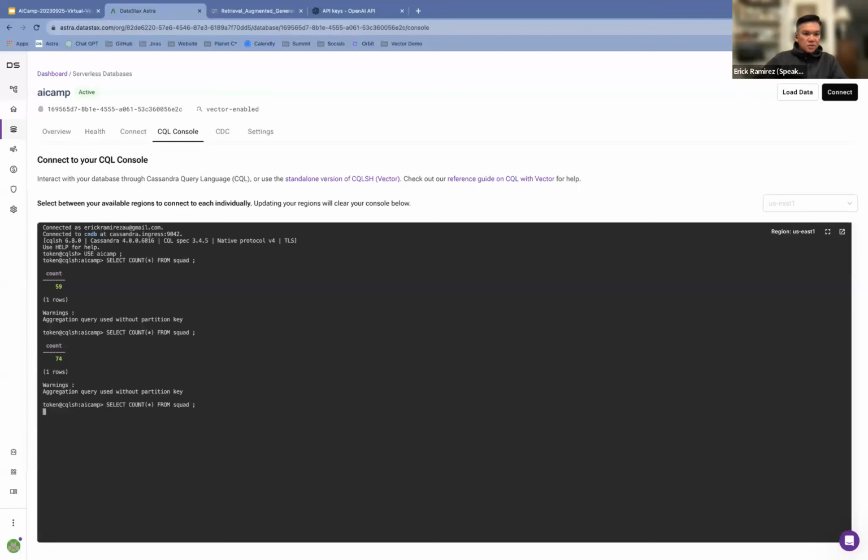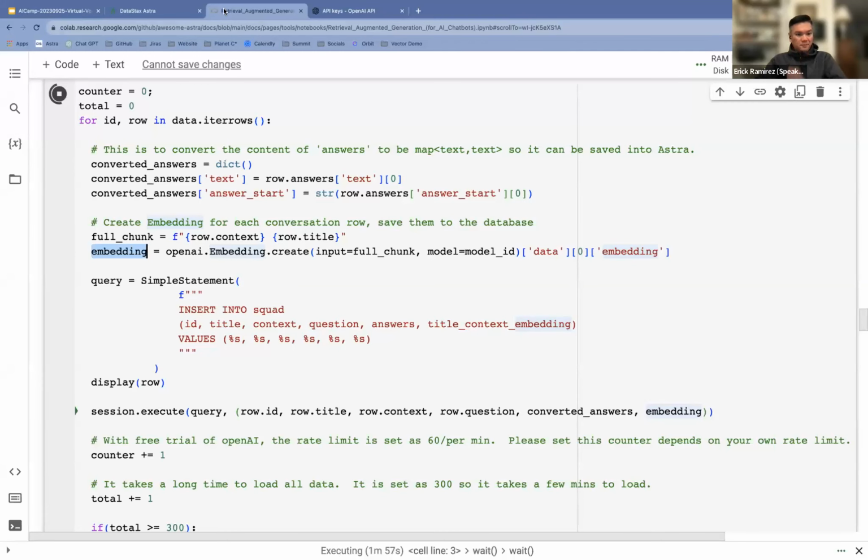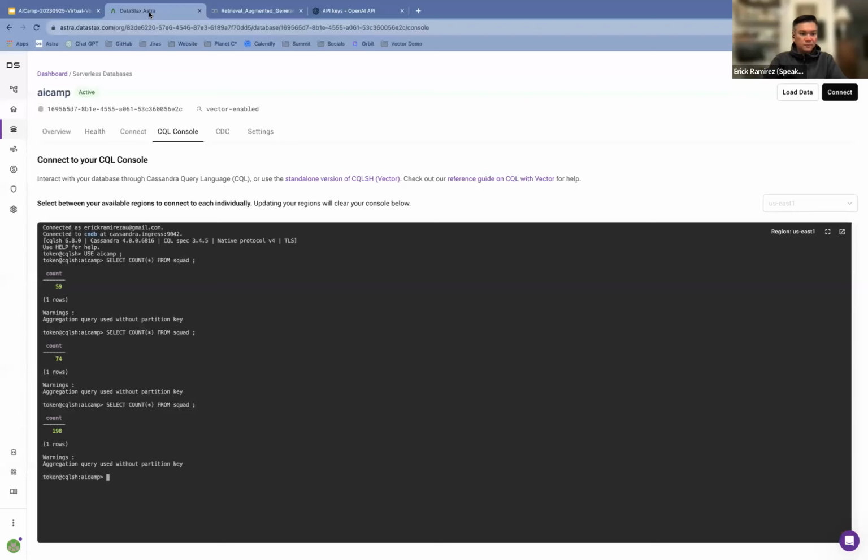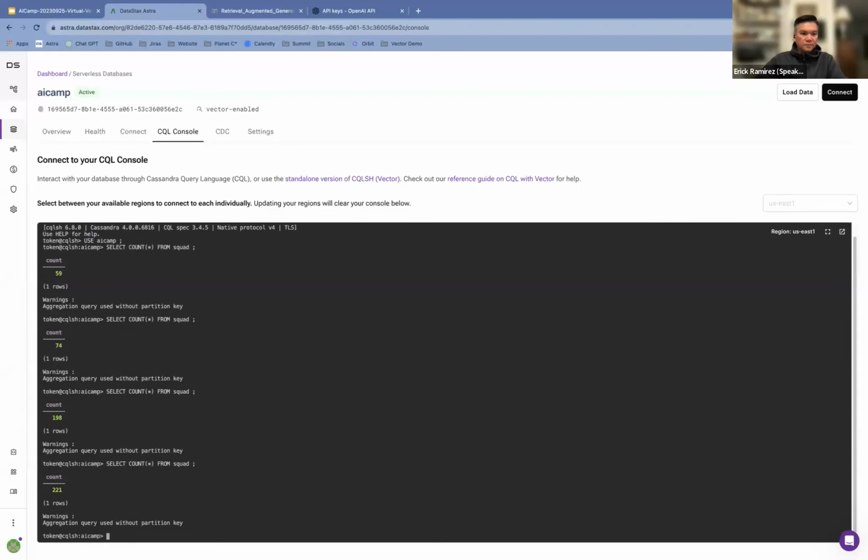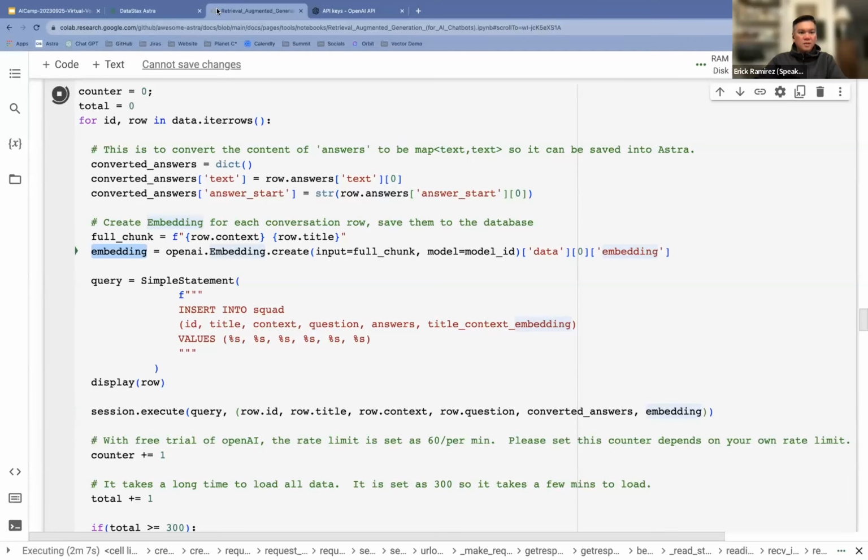So that's still inserting. It's 198 now, so nearly there. A few more seconds. 221.